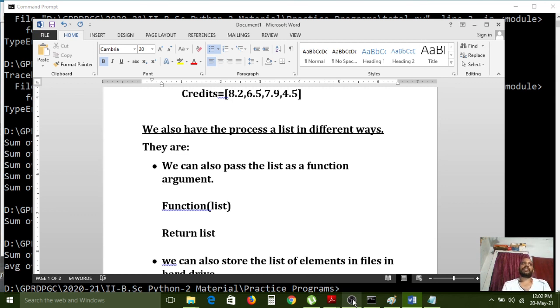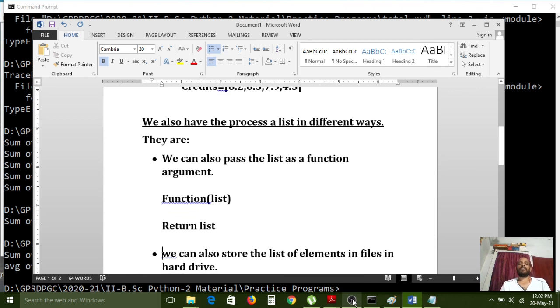And if you use functions in your program, then we can also pass the list of items as an argument at the function calling place. At the same time, if you want to expect a list of values, then the return statement can also return the list of values.